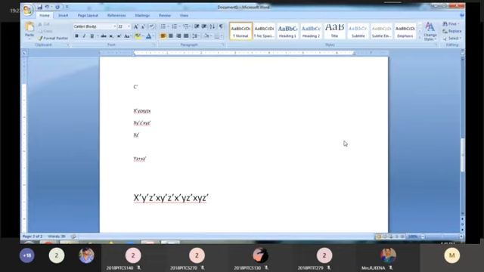Now simplify the terms. Is any X bar there? Here X bar, here X. So you have to cancel this X and X bar. Here X bar, here X. So you cancel X and X bar. So total X is cancelled. Then next consider Y bar. Two Y bars and two Y's are there, so you cancel all the Y's. Next Z bar. Here Z bar, Z bar, Z bar, Z bar. There are four Z bars, so you consider only one Z bar. So your answer is Z bar.